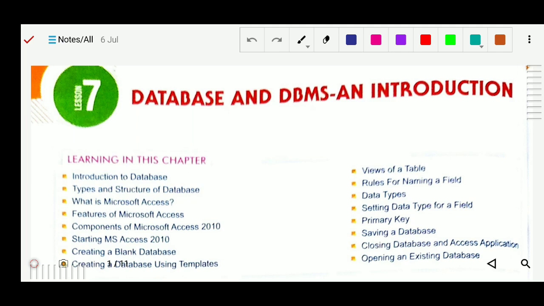So first of all, why do we use a database and why do we need to study it? When we have thousands or hundreds of lakhs of records, many records to manipulate, study and manage, it will be very difficult to do manually, by copy, book and pen. It will be very difficult to manage, retrieve and update the data.